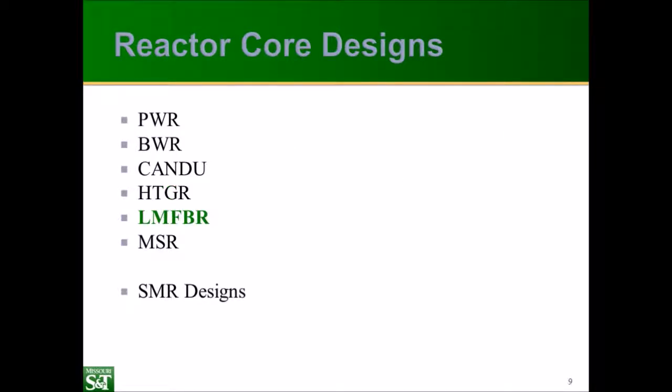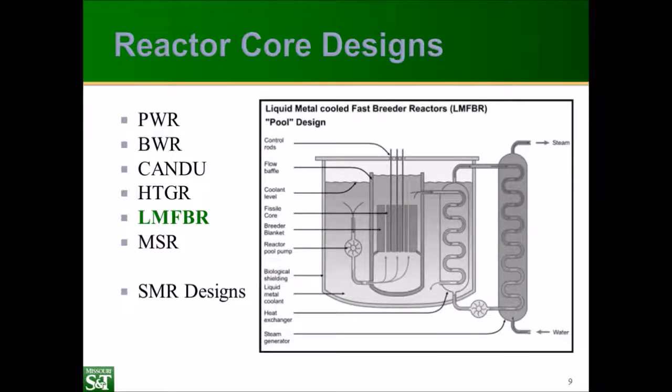The liquid metal fast breeder reactor, as it sounds, is cooled by liquid metal, and they can be either pool type, like the diagram shown here. These are built in France, or for instance EBR-2, or it could be a loop type. And loop type SFRs, our liquid metal reactors, have been built in England and Germany and Japan. So the liquid metal we use is usually either sodium, a sodium-potassium mixture called NaK, lead or lead bismuth, and